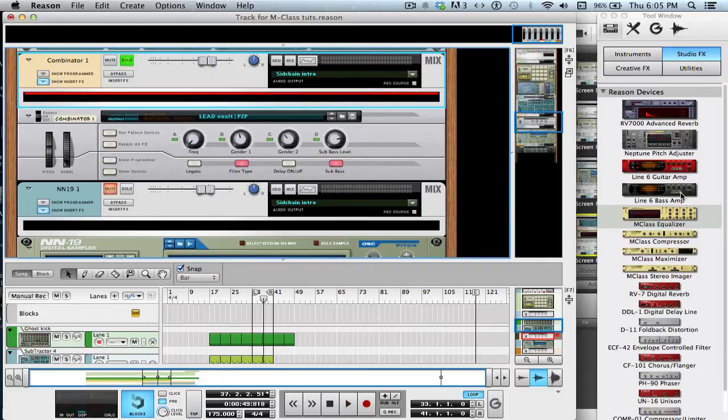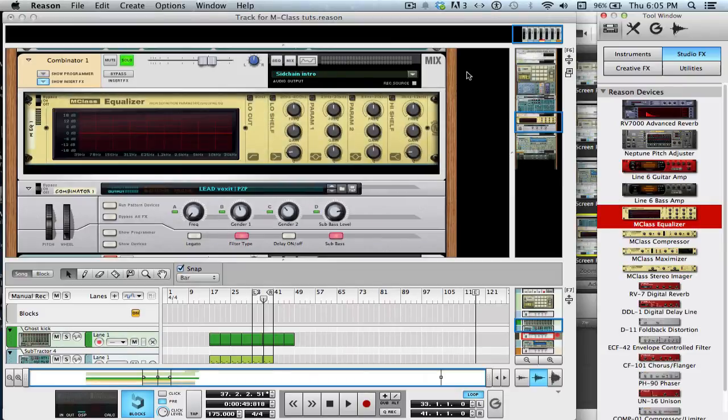What I'm going to do is create an EQ in here. And I'm going to add a sub bass. I'm going to take away the bass frequencies from this synth, and I'm going to add a sub bass. I have one going, but I want to be able to turn that up and take the low frequencies out of this. So first thing I'm going to do is activate the low cut,